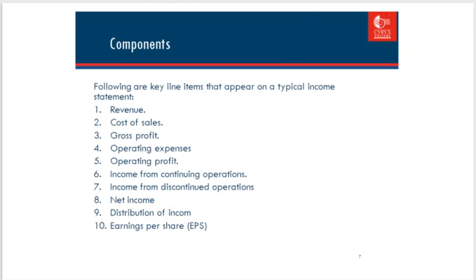It is carried to statement of changes in shareholders' equity where it is added to opening balance of the retained earnings component of equity. Ninth, distribution of income. A consolidated income statement provides a statement of how the income is distributed between parent and minority shareholders. Tenth, earnings per share, EPS, is a critical part of income statement for companies that are required to calculate